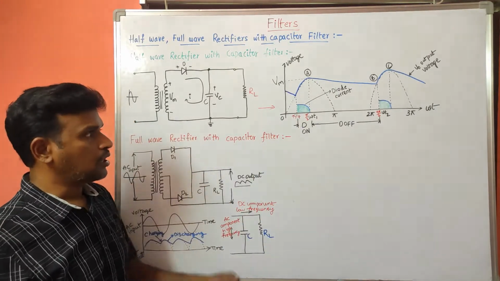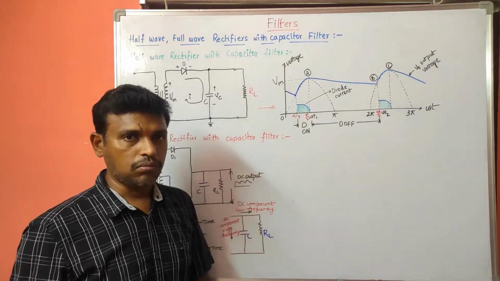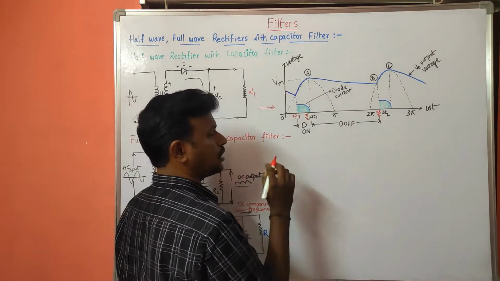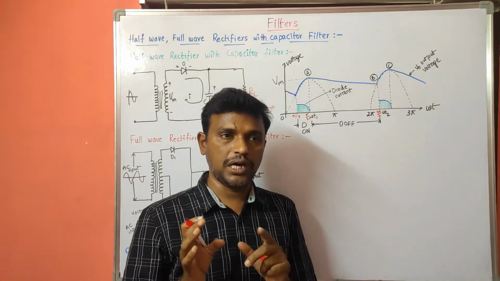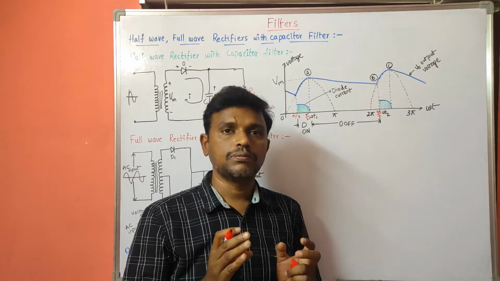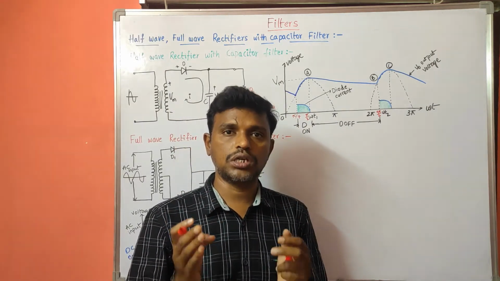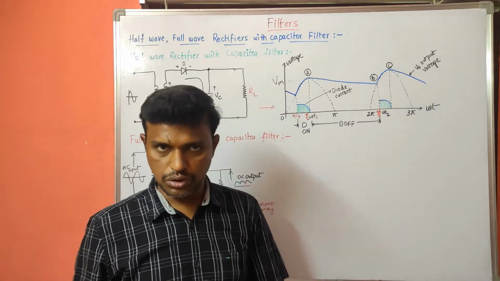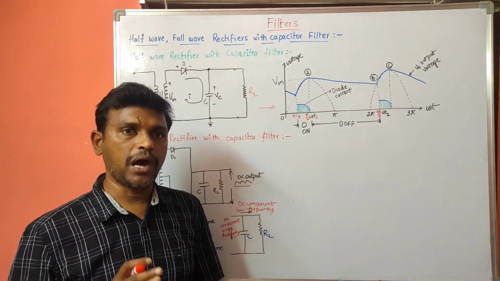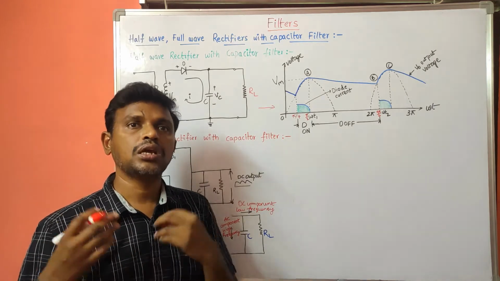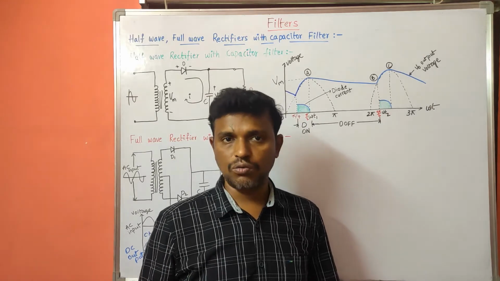Now I will go with this one. Here I am going to consider the cut-in voltage of the diode. Cut-in voltage means when the diode will be in the forward bias condition. Whenever the input voltage or forward bias voltage reaches the cut-in voltage, the maximum current will flow through the diode. That process is called forward bias. The forward bias voltage at which high current will flow through the diode is called the cut-in voltage.